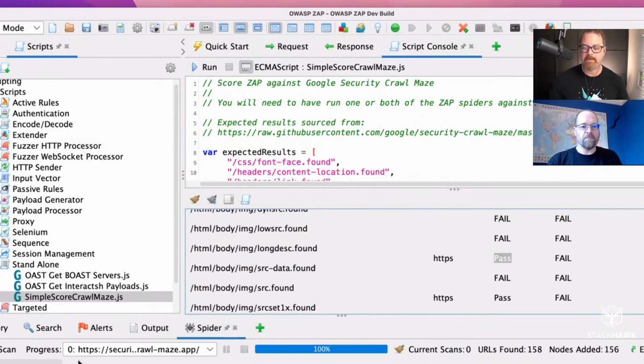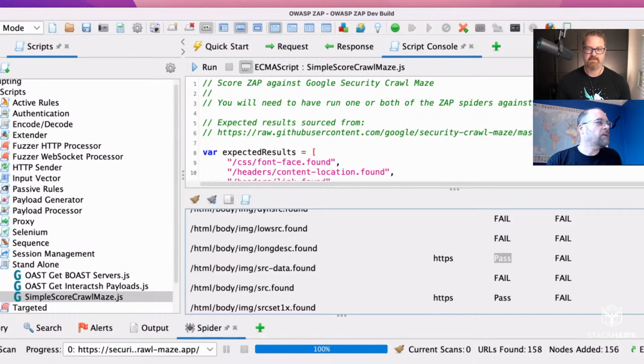Yep, so I ran the spider. So the next step: we fix the code in ZAP, restart ZAP, run the spider, then run the script. Exactly. Cool. And it's passed,